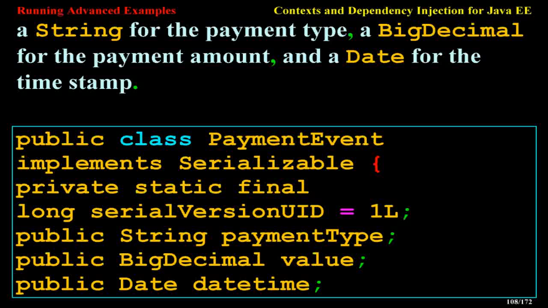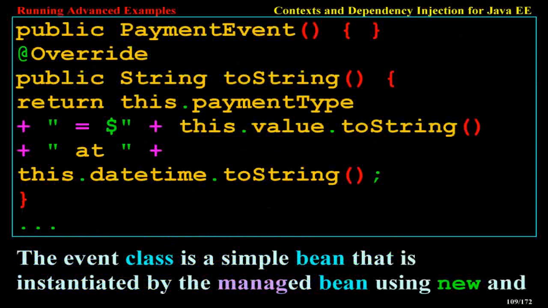public class PaymentEvent implements Serializable { private static final long serialVersionUID = 1L; public String paymentType; public BigDecimal value; public Date datetime; public PaymentEvent() { } @Override public String toString() { return this.paymentType + " = $" + this.value.toString() + " at " + this.datetime.toString(); } }